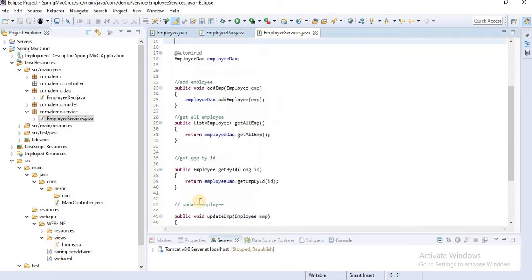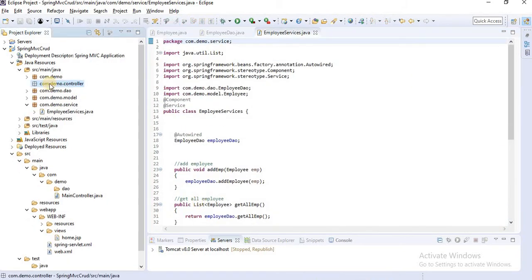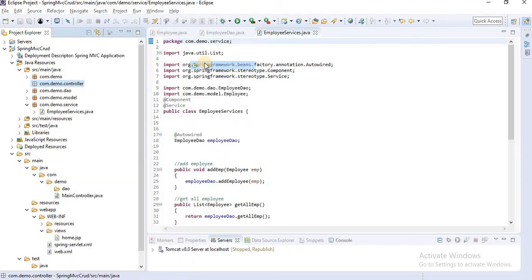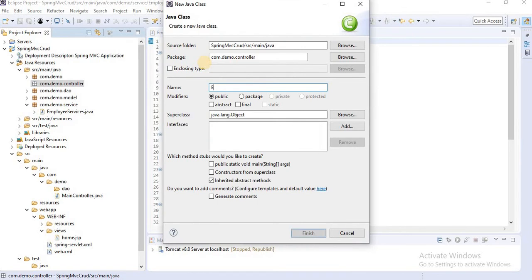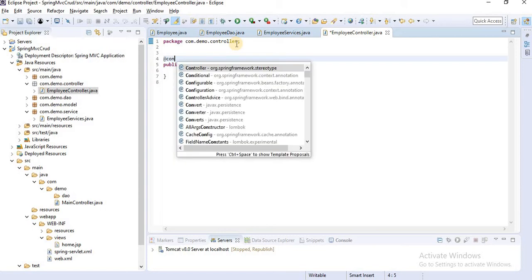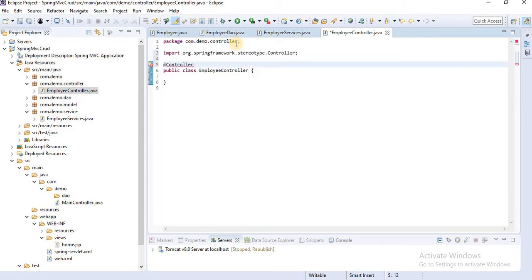This all thing is covered. Our controller is not an ordinary controller, it's a model controller. So let's create a class, EmployeeController, and here define @Controller. We have to tell them this is our controller.